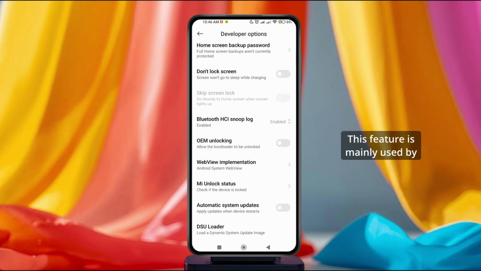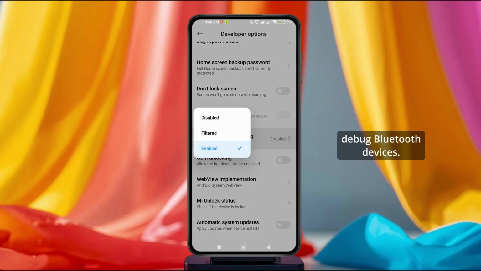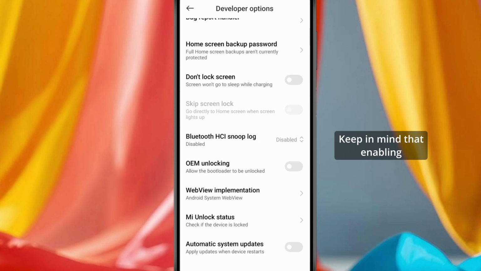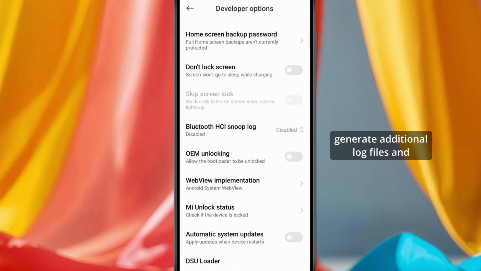This feature is mainly used by developers and advanced users to diagnose Bluetooth connection issues, monitor Bluetooth activity, and debug Bluetooth devices. Keep in mind that enabling Bluetooth HCI Snoop Log may generate additional log files and use extra storage